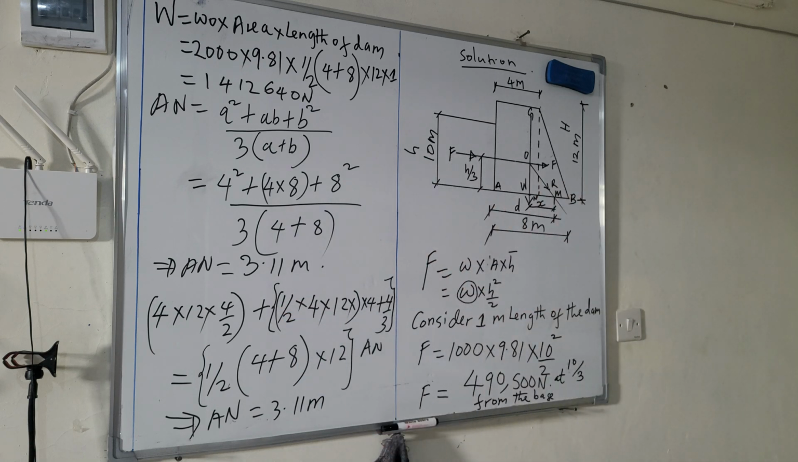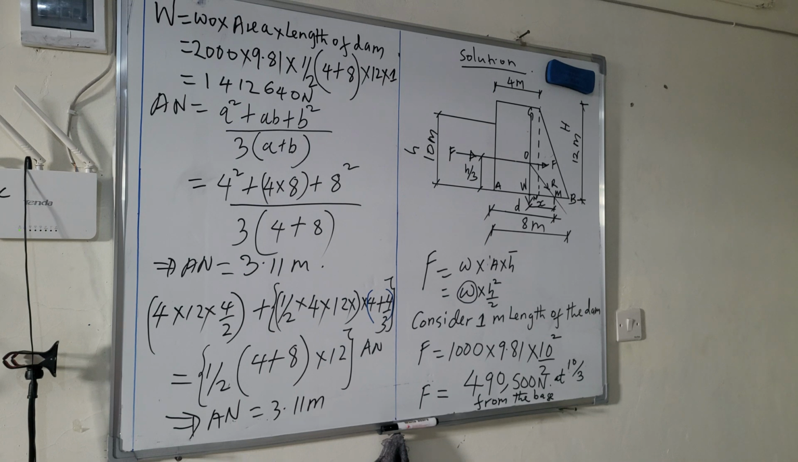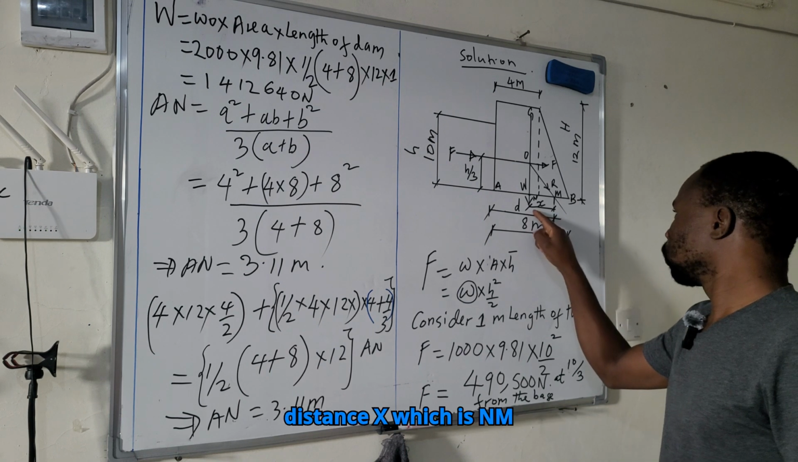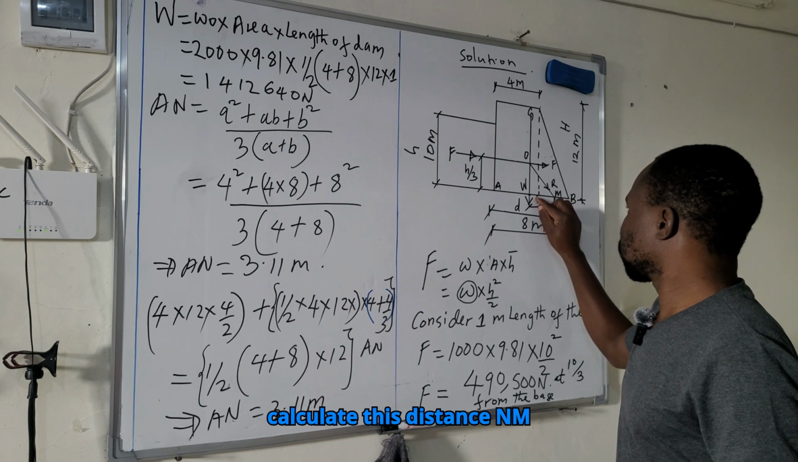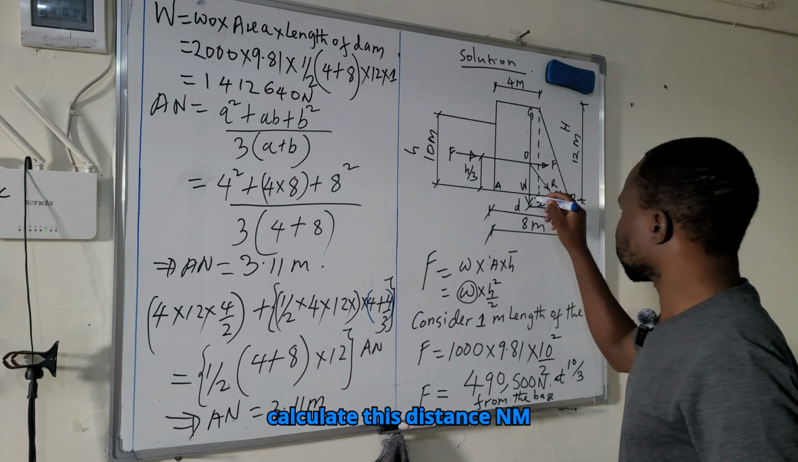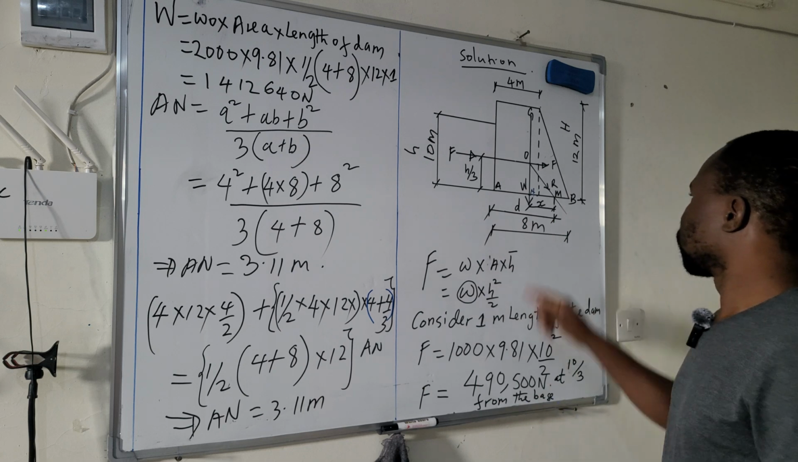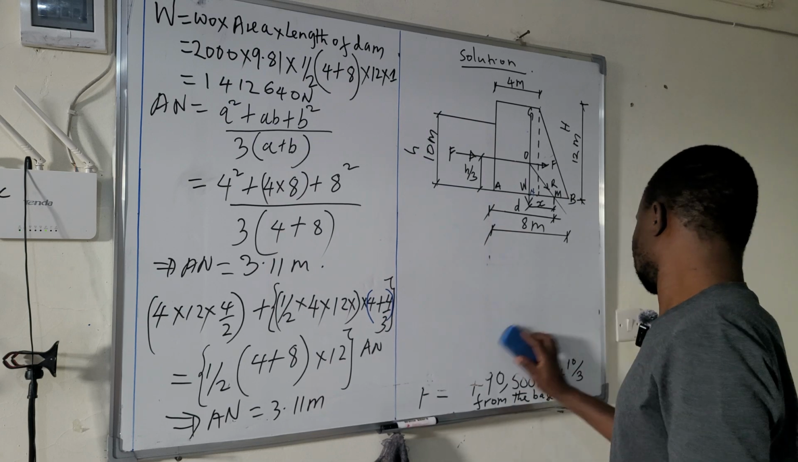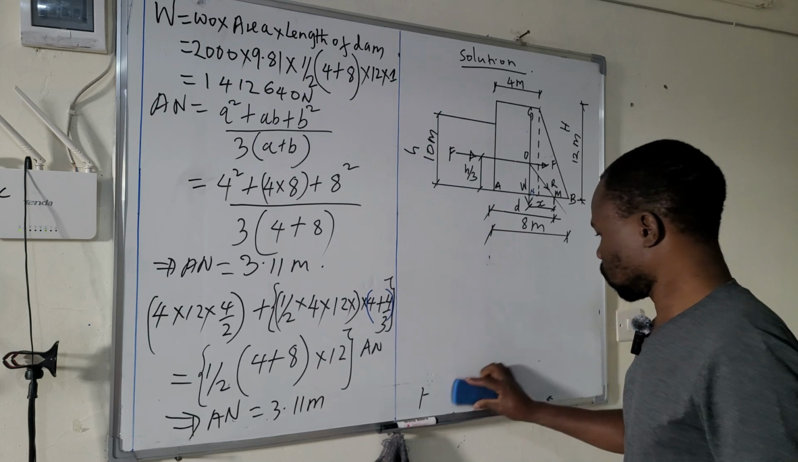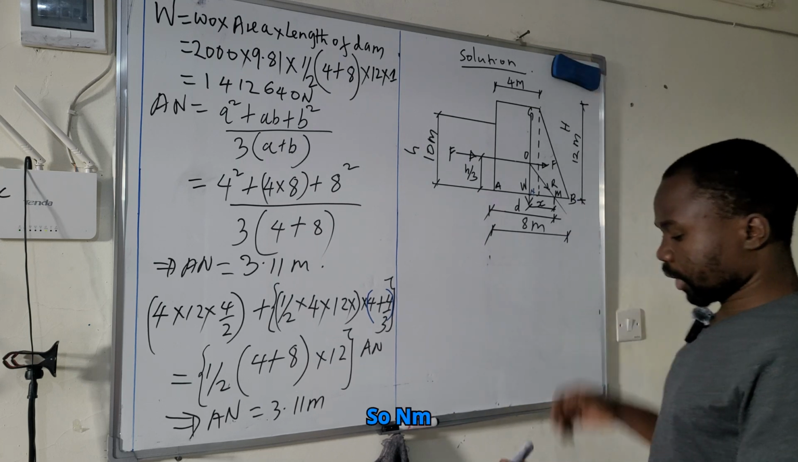So let's proceed. After calculating distance AN, another distance you are supposed to calculate is this distance x, which is NM. So let's see how we can calculate this distance NM. Allow me to erase here. So NM,